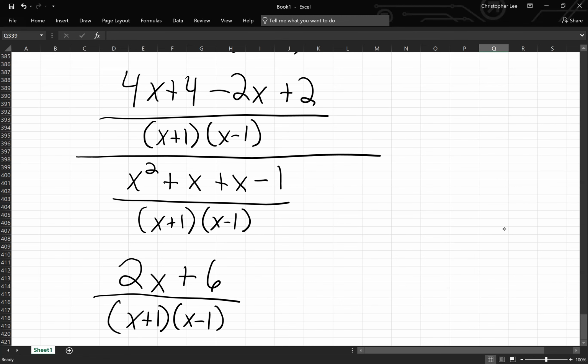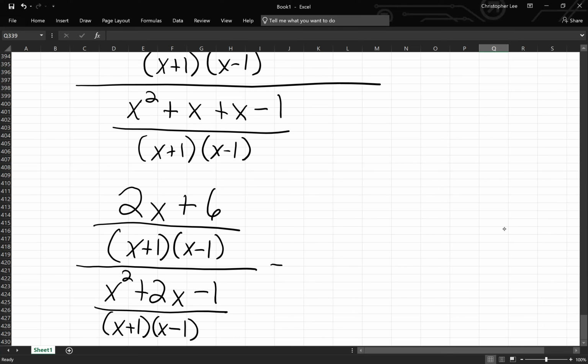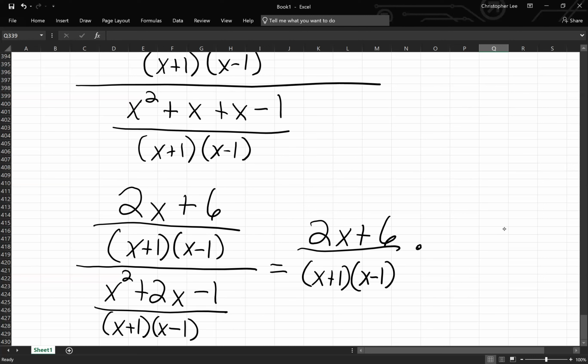On the bottom, over. Very good. Keep, change, flip. So now I have 2x plus 6 over the x plus 1, x minus 1 times,